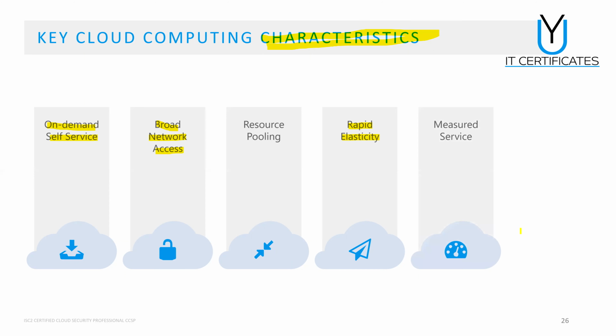Measured service, again, is one of the characteristics of cloud computing. This is very important. Why? For multiple reasons. Reason number 1, for evaluating your performance and the service level agreement with your cloud service provider. For example, if you have a service agreement with your service provider which states that the availability of the service must be 5 nines, or in other words, 99.999%, this means that the availability should be measured, then you will be able to make sure that the